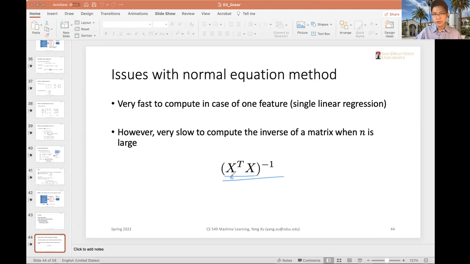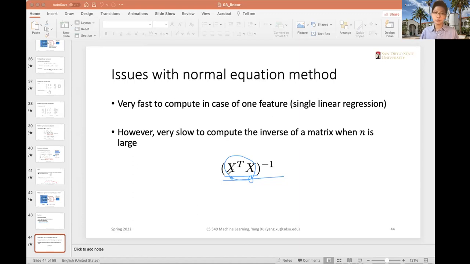Say your X has 100 columns, right? And the result of X transpose times X would also be a 100 by 100 matrix. And that is okay, right? Modern computers can handle it properly. What if we have higher dimensions? And that is pretty common